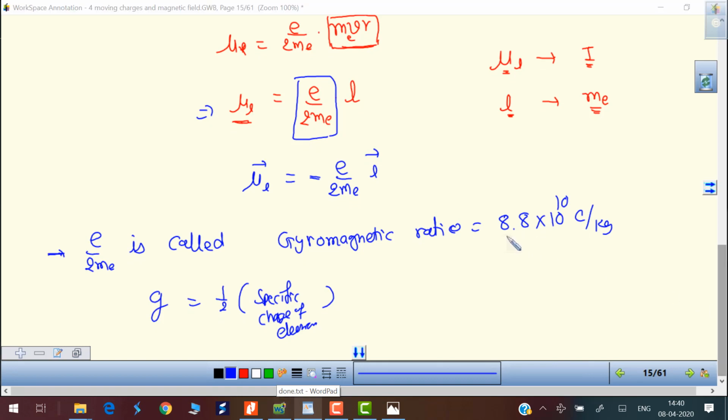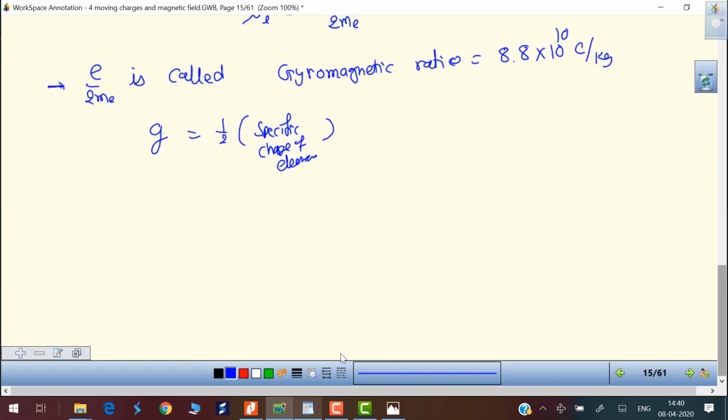This is verified with experiment, and this is also theoretical. It means that whatever Ampere proposed is also true at the atomic level. Then the question comes: does the magnetic moment have any assigned value at the atomic level? If the Bohr model is on the basis of quantum mechanics, it is in discrete form. So is there discreteness in the magnetic moment at the atomic level? The answer is yes.